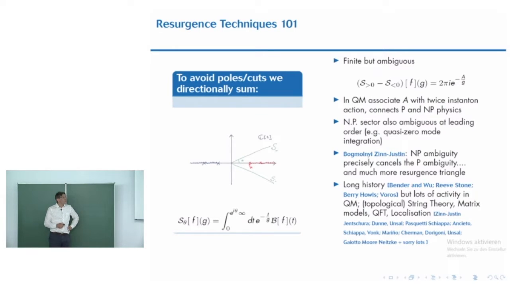Here, for instance, the perturbative sector doesn't know about the one instanton event. It knows about the instanton anti-instanton event, okay? But it actually knows a bit more than that, because if you then do fluctuations on the instanton anti-instanton event, that itself is an asymptotic series that resums, that knows about the 4 instanton event, which resums to know about the 6 instanton and so on, and that's all implicit in the perturbative sector. So the perturbative sector knows a lot. Okay, and this is this idea of a resurgence triangle.